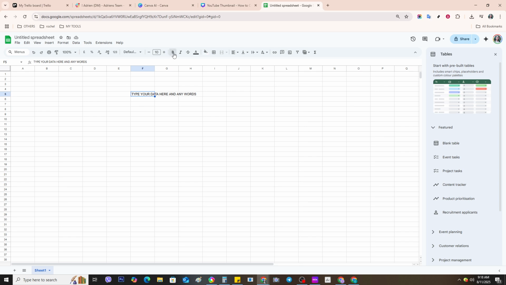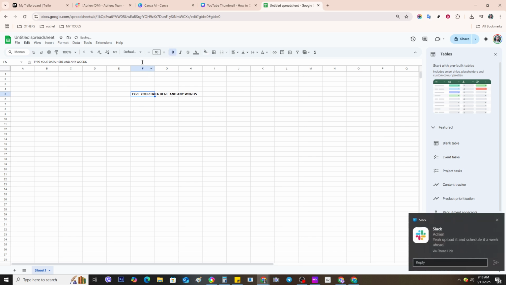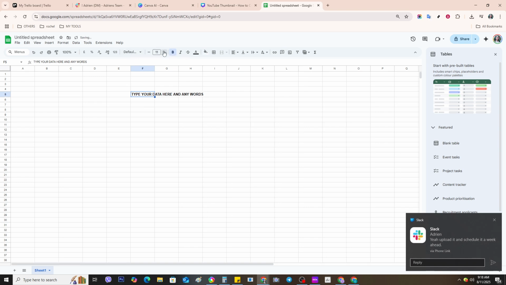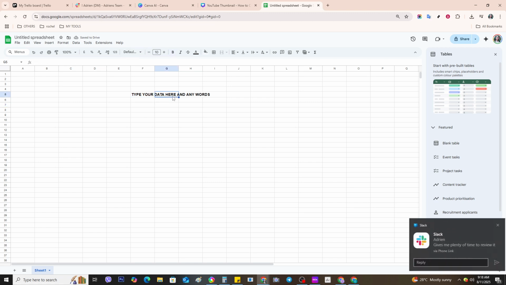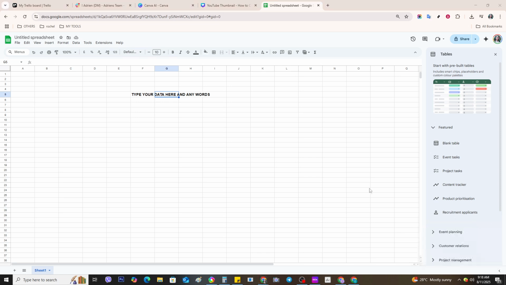As you become more accustomed to this workspace, you'll start discovering new tools and features that will enhance your efficiency and productivity. Stay tuned for our next video where we'll delve into creating your first spreadsheet. We'll cover entering data, organizing information, and even implementing some basic formatting techniques to make your document both functional and